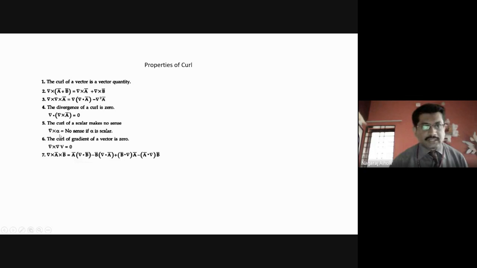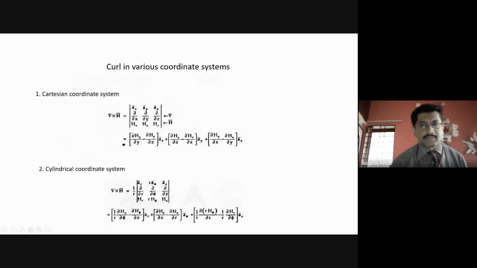Because what is the curl, students? Curl is always related to a vector. Here you can say del cross h bar, right? So if you take del cross h bar, then only you'll get this determinant form or this expanded form. If you take it as a scalar, then you'll not get it in the determinant form nor in the expanded form, right? So there is no meaning in taking the curl of a scalar quantity because it is always considered with respect to the vector quantity, right? So it is del cross of alpha. That is, if alpha is a scalar, then it makes no sense.